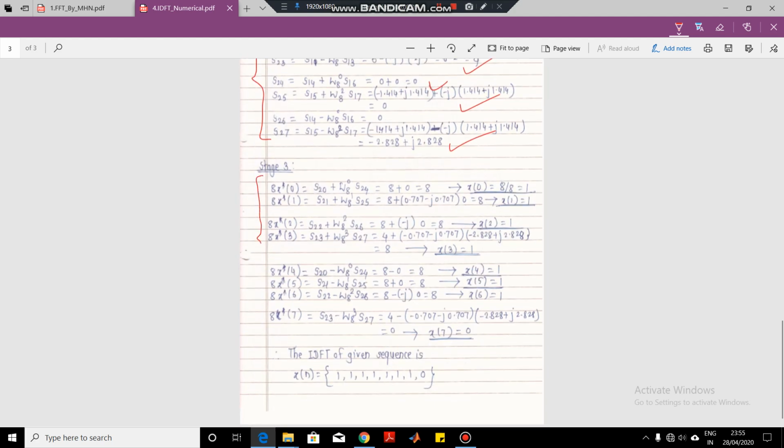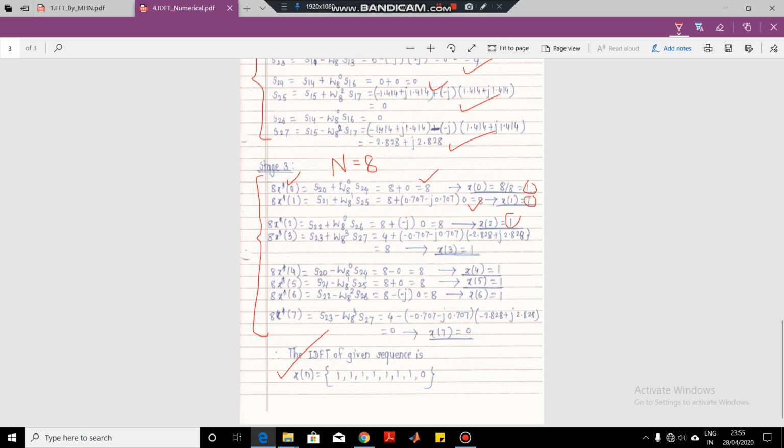But now the thing is, whatever output we have got is the complex conjugate of the time domain sequence multiplied by capital N. Our capital N is equal to 8. So in order to get the time domain sequence, we have to divide whatever answer we have got by N. You can see here, every output we have got, we have divided by capital N, that is 8, and whatever number we get, we take the complex conjugate of this, because this is x star of n and we require x of n.